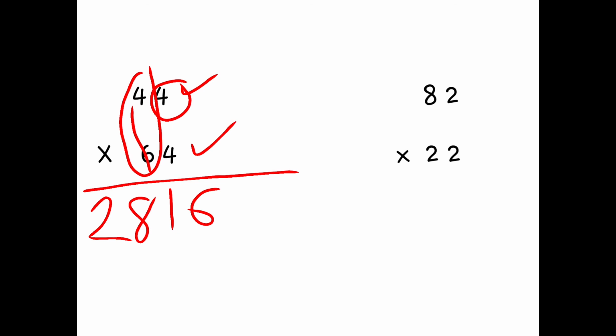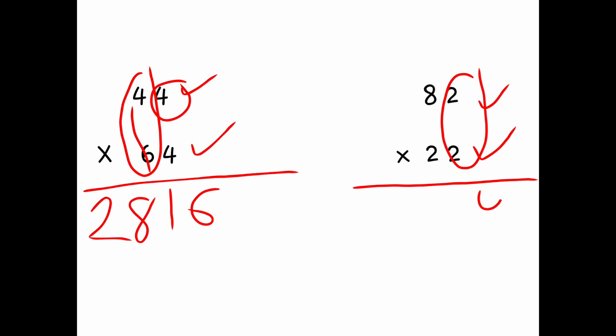One more example we will discuss here, that is 82 multiply 22. In the similar way that we have done earlier, first we have to multiply 2 and 2. 2 twos are 4, but we have to write here 04 because we have to write 2 digits here. Just like here 16 came so we wrote 16, but here 4 came, so in front of 4 we put 0. The next step is 8 twos are 16, and 16 plus 2 is 18.